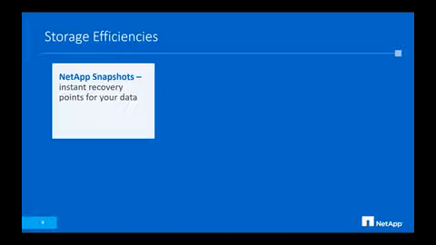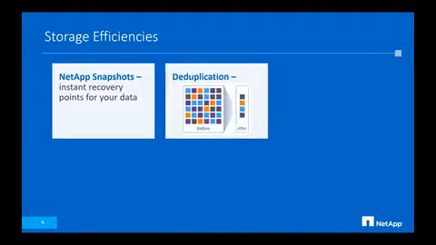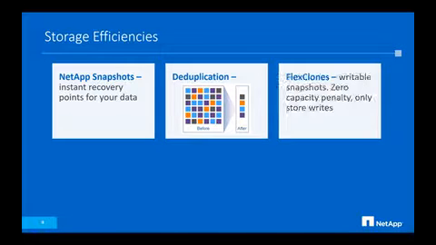NetApp Snapshots, it's the first feature. It allows you to create many recovery points for your data without creating full copies. Next one is the deduplication, which is a process that searches for identical blocks and removes extra copies. FlexClone that we mentioned before, again, it allows you to take a snapshot and make it a writable volume